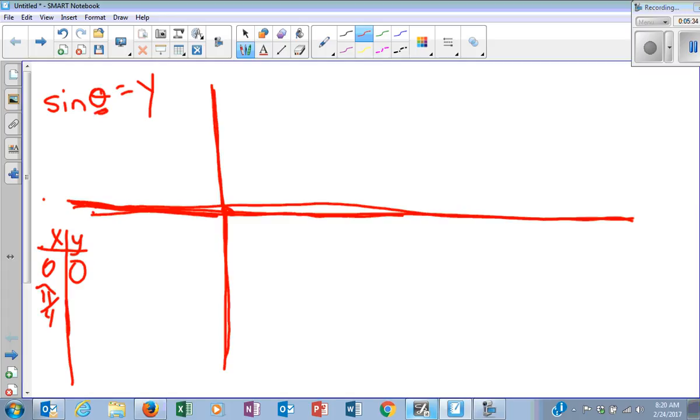It's my angle. Sine of pi over 4 equals what? What is the y value of that ordered pair on the unit circle? Square root of 2 over 2. Just let it sink in a little bit. If you take square root of 2 and divide it by 2, you get about 0.707. So on here,